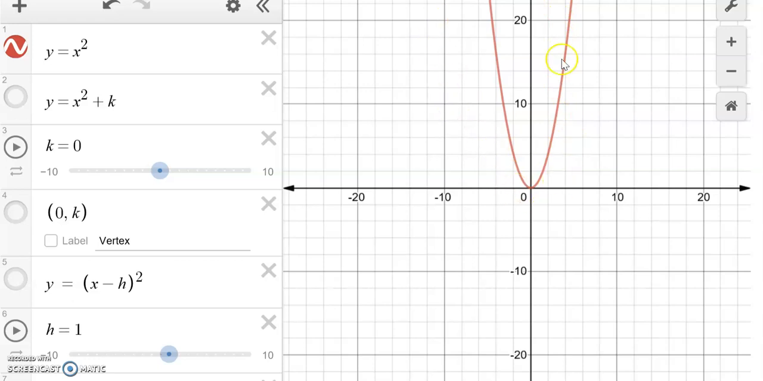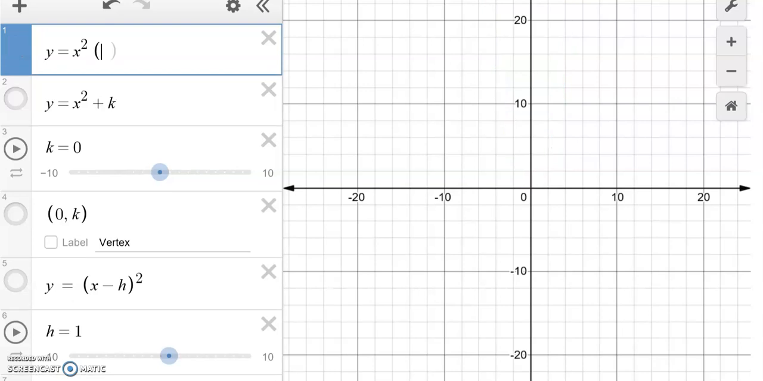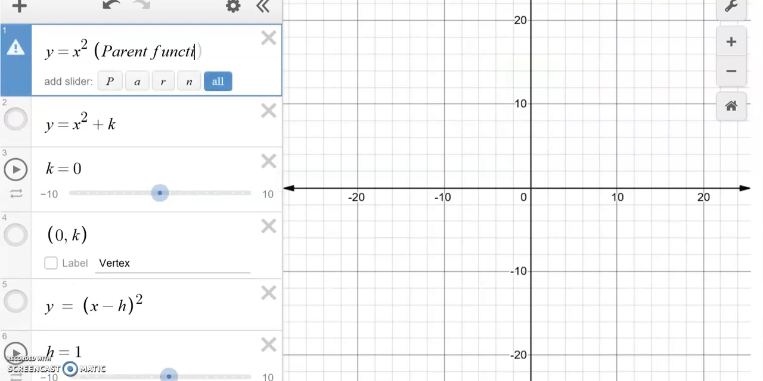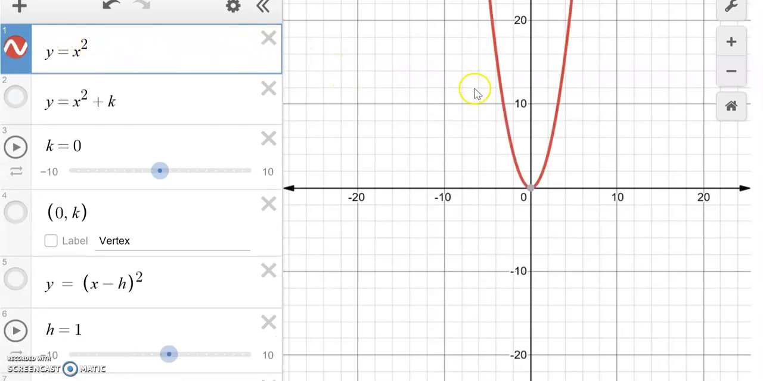So the first thing that we have here is this red graph of y equals x squared. I want you guys to remember that y equals x squared is what we call our parent function. And that is what all of our transformations will be compared to. So as we go through these transformations, I'm going to keep this red graph here so that we can compare